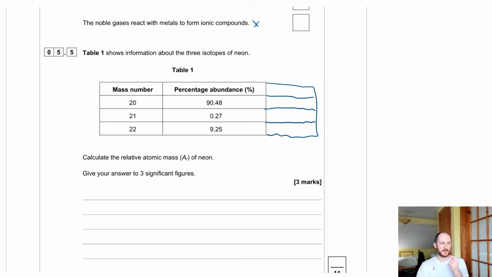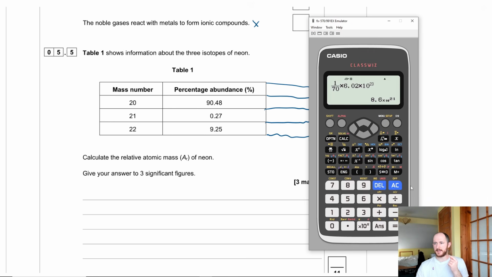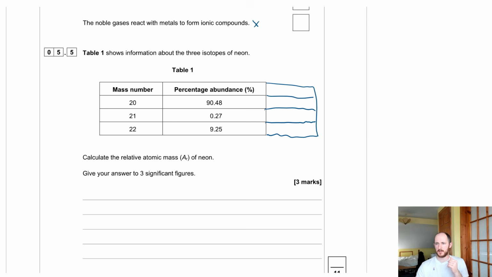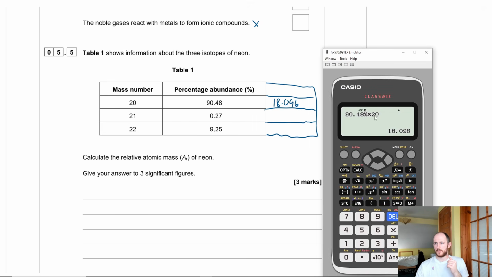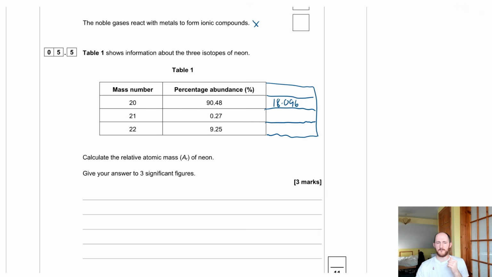So what I'm going to do is get my calculator out. There is a percentage button on your calculator, this yellow one here, shift answer. We can just type in our percentages, 90.48 multiplied by 20, which should give us 18.096. And then keep going. So change the percentage to 0.27, and that is now 21, gives me 0.0567,